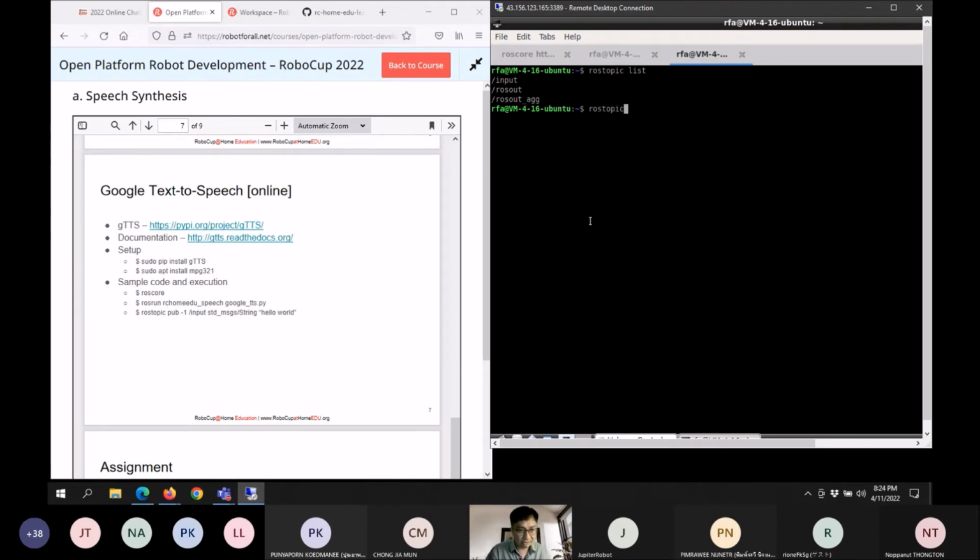You can write a node to do this, but just for simplicity, I use the publish. This means I publish into this speech input topic, and the format is a standard message string. The data that I'm going to put in is, again, hello world. When I run this,